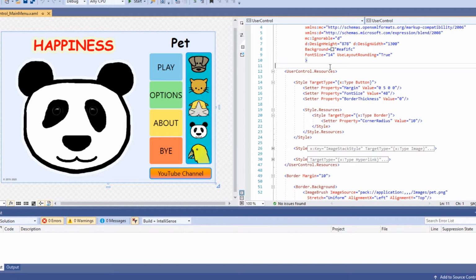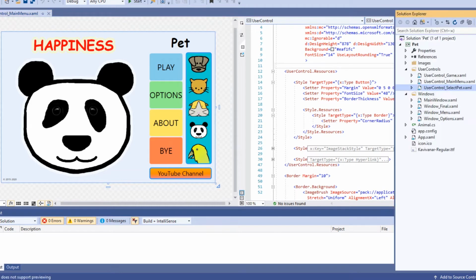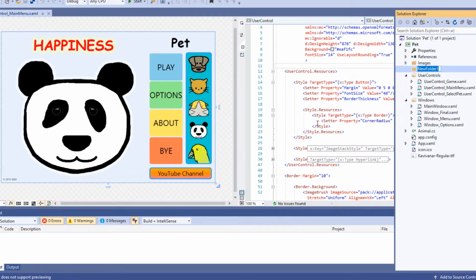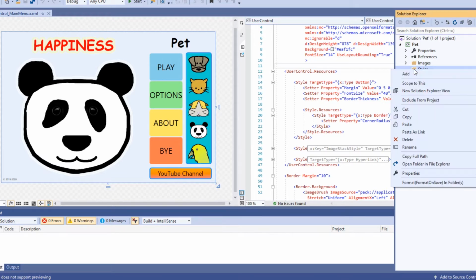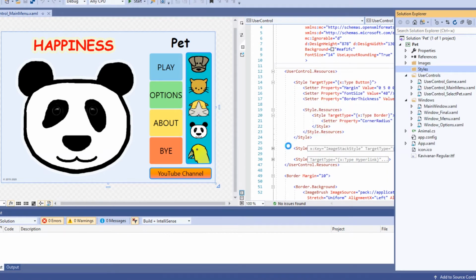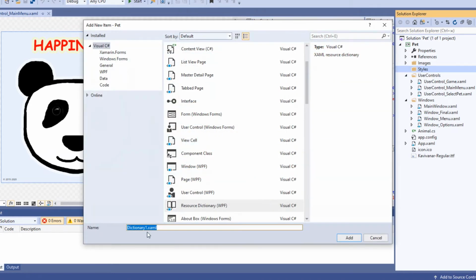In order to create one, we are going to first create a folder in our project, and let's call it styles. And here we will add a resource dictionary. Let's call it buttons.